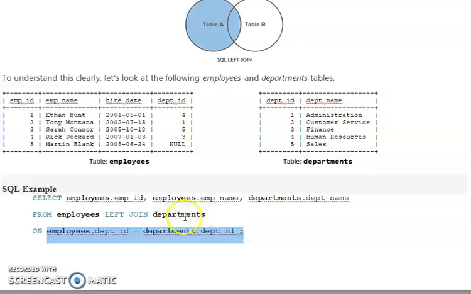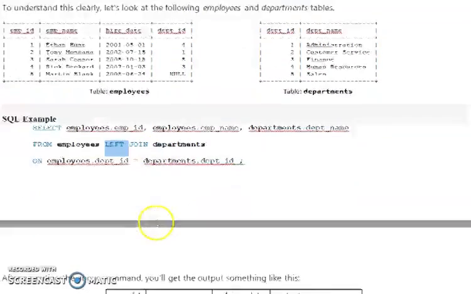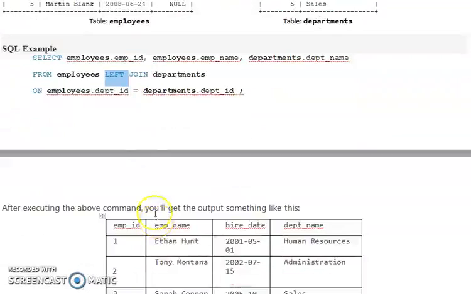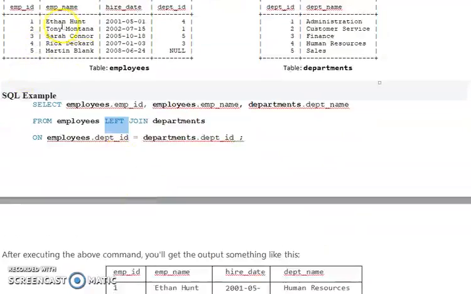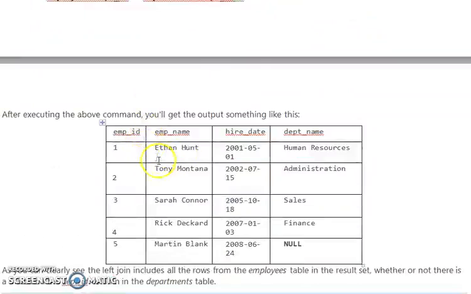When we perform the left join, the output will be something like this. There are 5 records, and 4 records have a department ID that matches one of the departments. Left join gives all those 4 records, Ethan, Tony, Sarah Corner and Rick, who have department names because their department ID is matching.